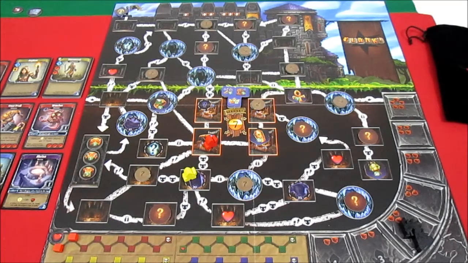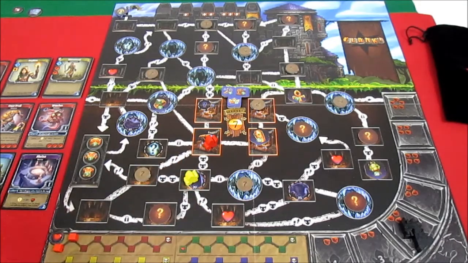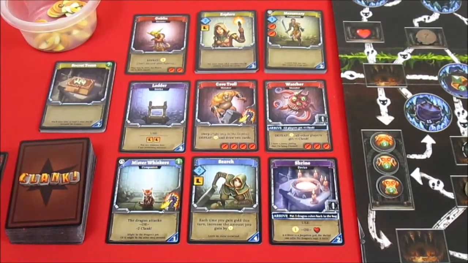And I still have 4, 5, 6, 7, 8. I still have 10 skill with which to purchase cards. So let's use my 10 skill and see what I can get. I think that's a pretty good turn. I don't know. It seemed pretty good anyway. Okay, with 10 skill,